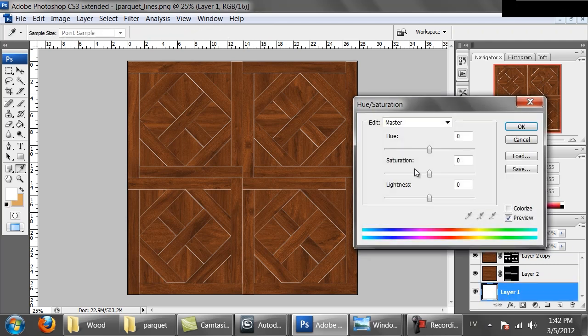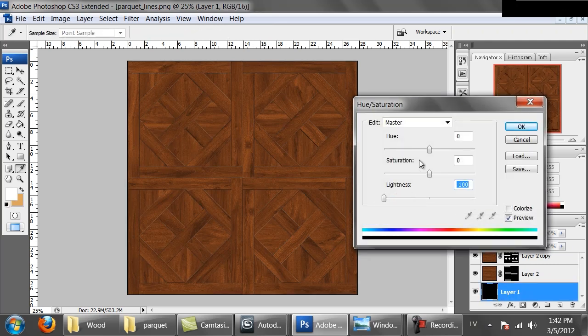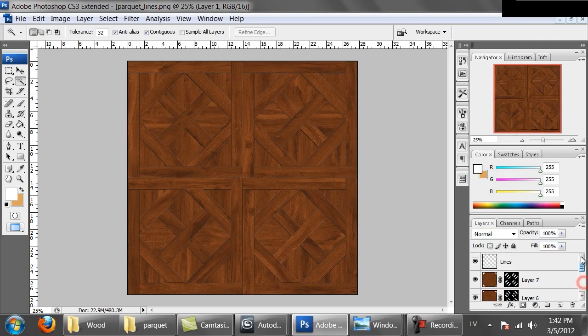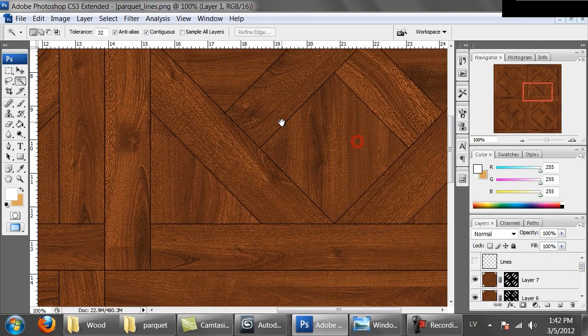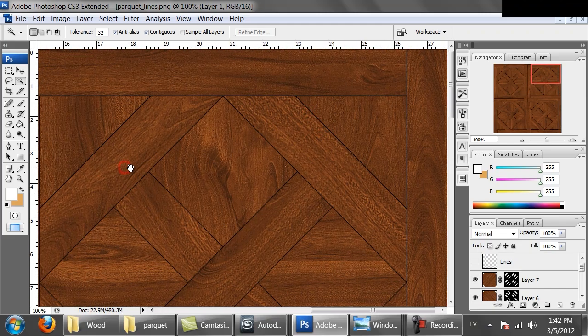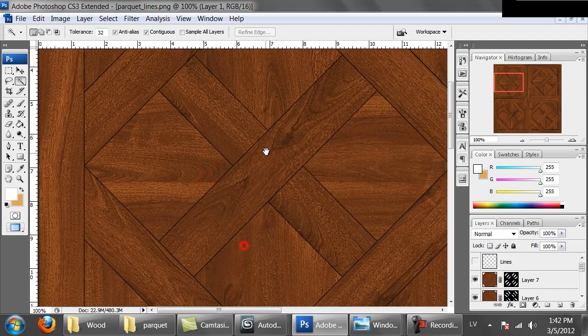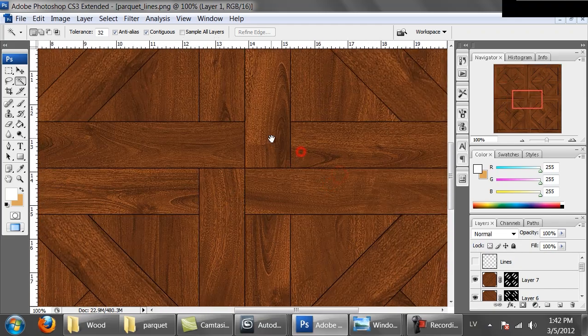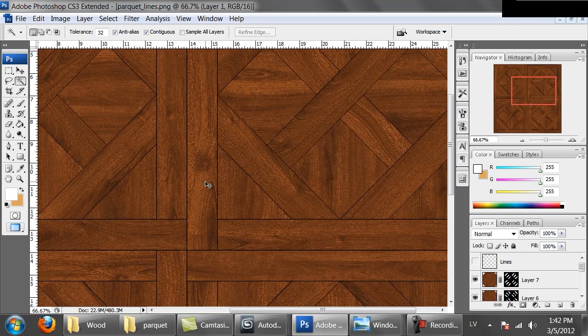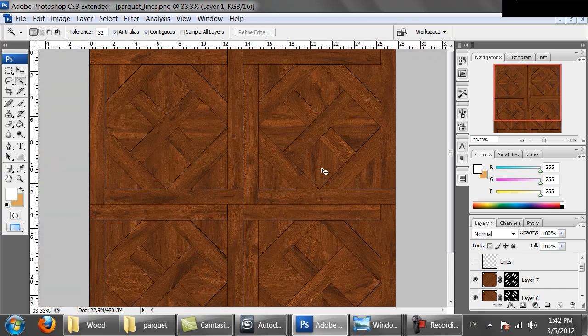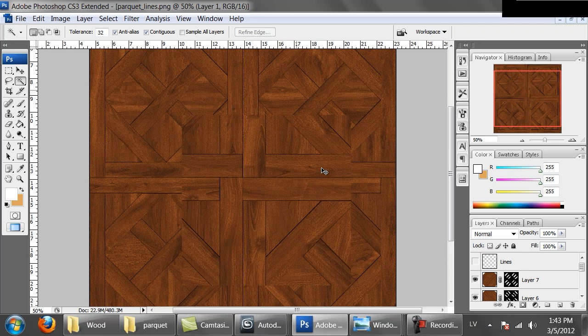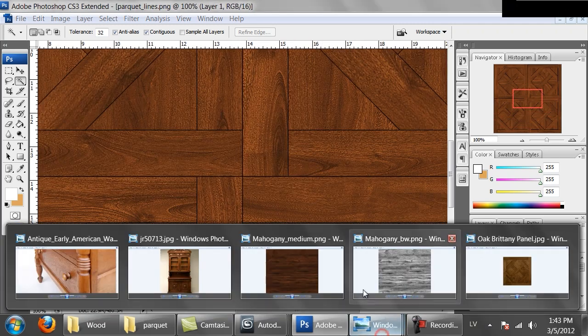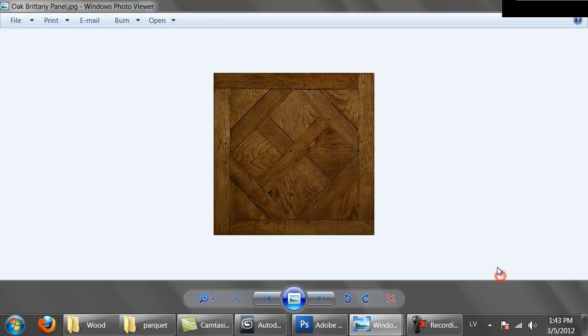Let's change the background layer to black. Hide our line drawing and zoom in. So we have nice seams. We have all the wood grain going in the right direction. One more thing we need to do is when you look at the Parquet,